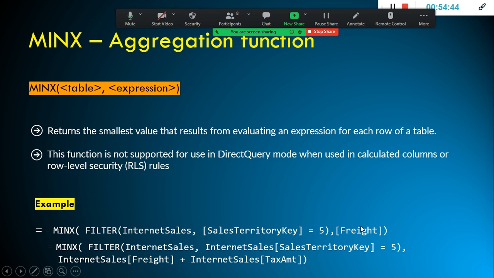Just give it a try and see, of this filtered data set or result set, what is the minimum value? That is what we need to find out. So here in this case I have used the FILTER function. FILTER function will return a table, right? So in this table, for the freight column, we need to find out the minimum value. So that is the syntax here.